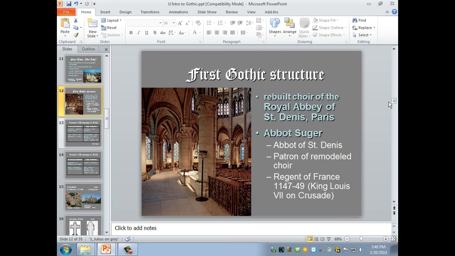So they've gotten much larger. It's called the choir because that's where the choir of monks would sit. And here we're looking into the ambulatory, or the way to walk around. And you can see all of these stained glass windows, and you can see that there are altars, probably some reliquaries there, little chapels there. We'll talk more about that later. So he is the patron of the Gothic style, essentially.